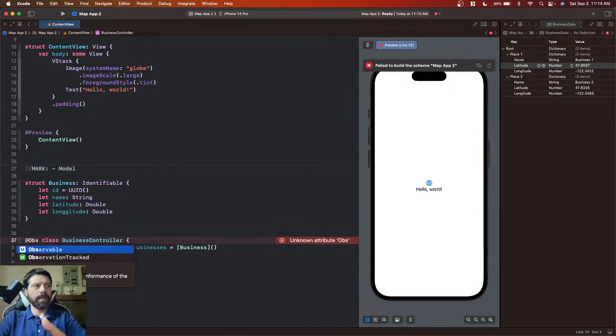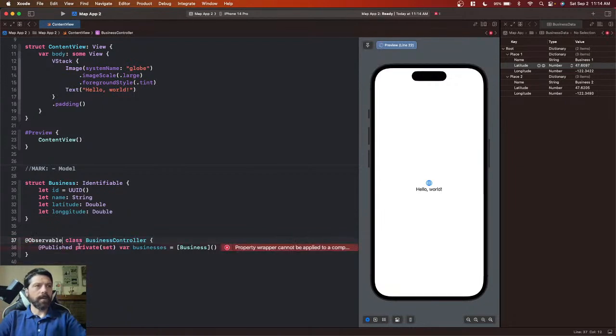And this is something called, I think, a Swift macro, which we're not going to get into here. But then also we don't need a property wrapper. Property wrapper cannot be applied to computed property, but we don't need that. So it just kind of cleans up our class a little bit, I think. Anywho,